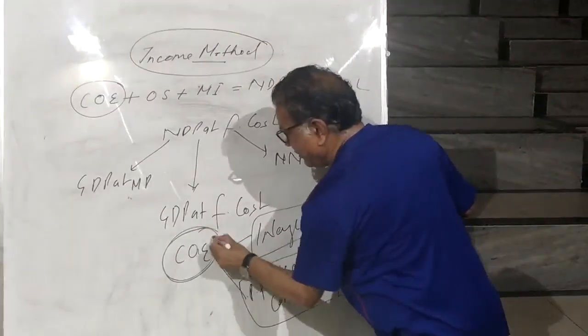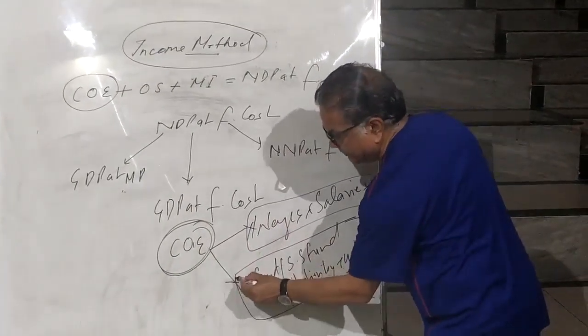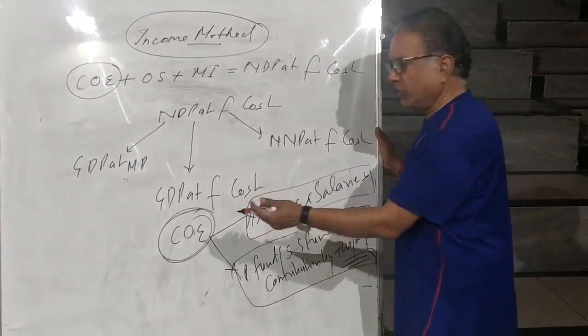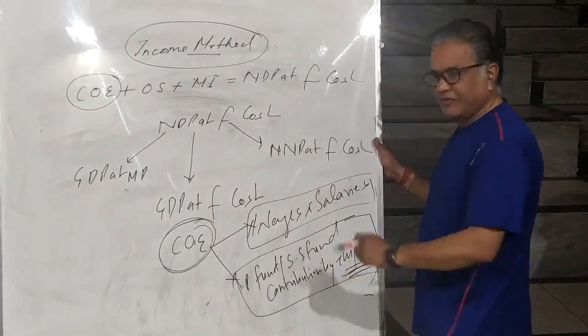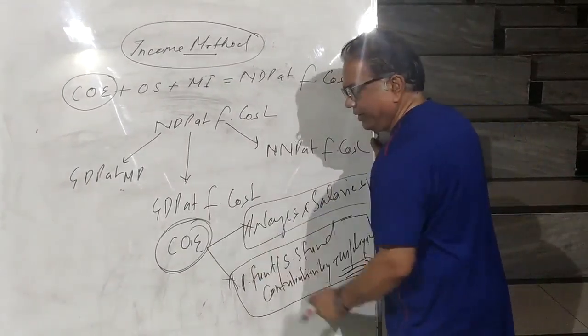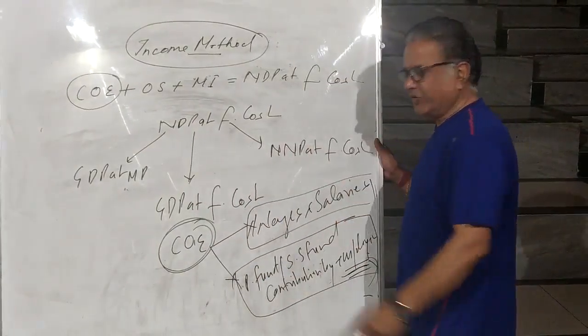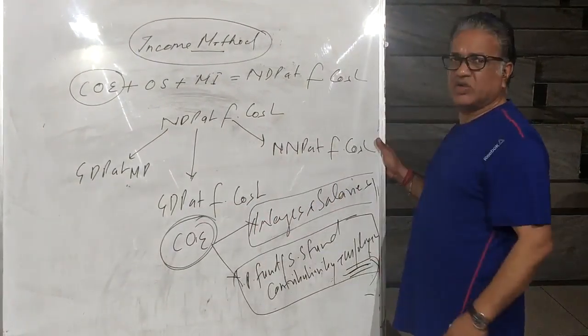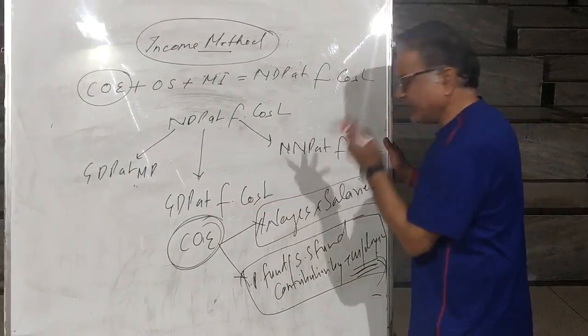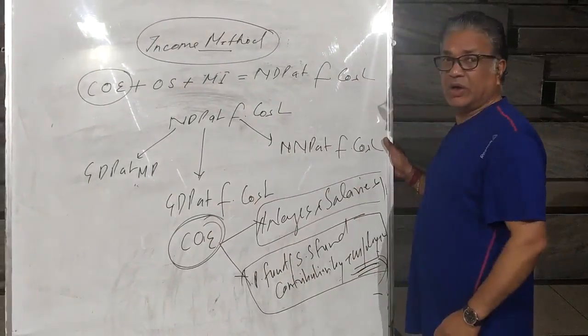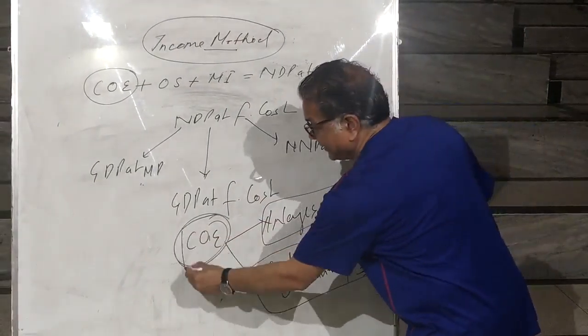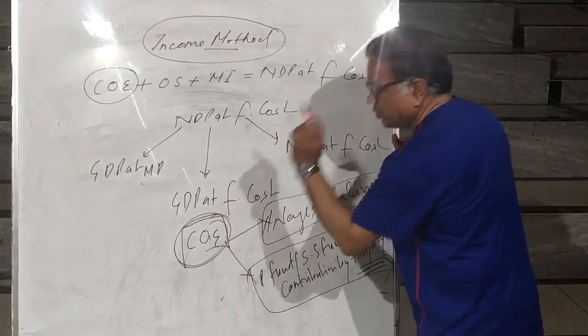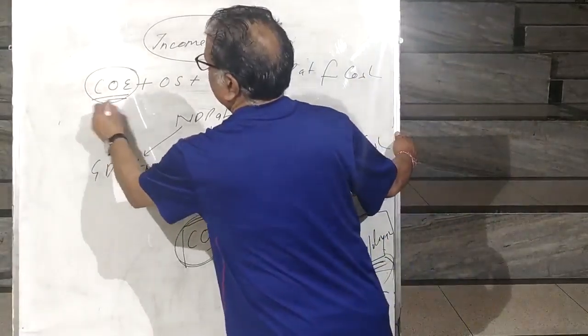If COE is given, you are not supposed to look here. Suppose COE is given and this is also given, and you have added it with COE, you have done a double counting because it is already inside the COE. COE is given, wages and salary is also given. You have taken COE plus wages and salary, again double counting. So please look at the items very carefully, and once you get the COE, put the value here.